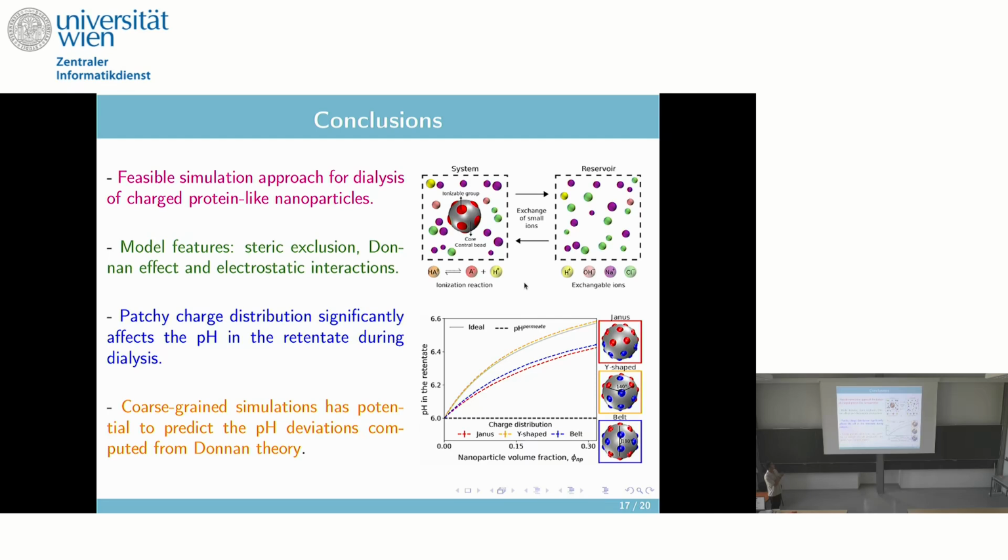Basically, we developed a feasible simulation approach to understand and simulate the dialysis of protein-like nanoparticles. Not necessarily, in this case, monoclonal antibodies, but we can move to other kinds of protein systems. We take into account not only steric repulsions and the Donnan effect, but additionally the electrostatics in the system. Additionally, we can confirm that patchy charge distribution significantly affects the pH in the solutions due to these attractions and repulsions. And also, we see that coarse-grained simulation has great potential to describe and